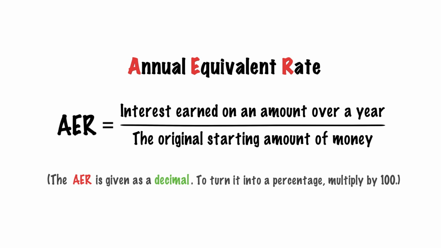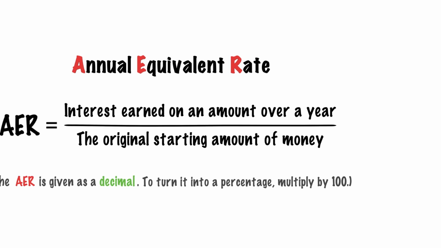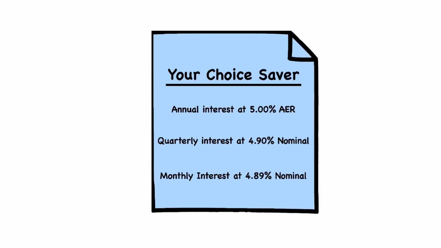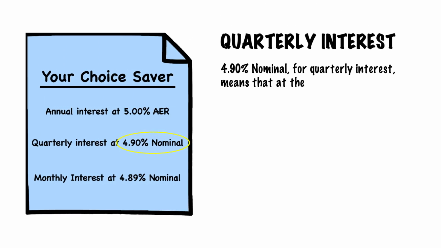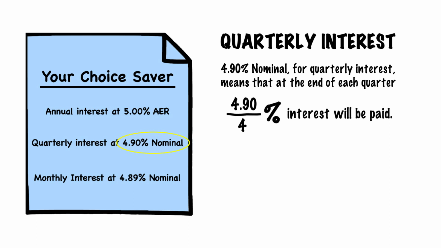Sometimes people want to be able to find the AER quickly by looking at the interest rate being offered and the interest compounding period: monthly, quarterly, or yearly. In this example, 3 options are offered. Look at the different terms used when describing the interest. These mean different things. Now you already know about the AER, but for the quarterly interest, we have 4.90% nominal, and this means that at the end of each quarter,